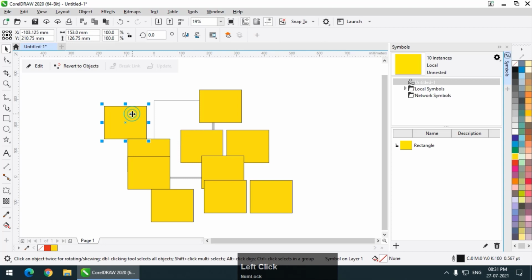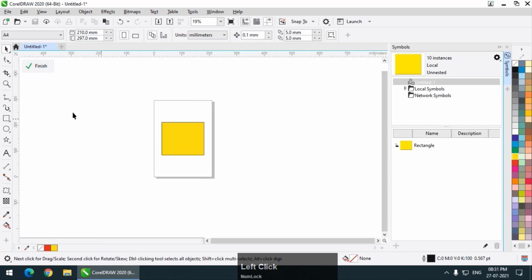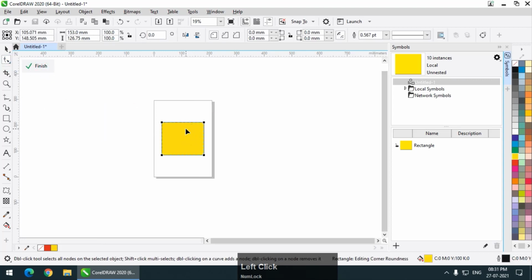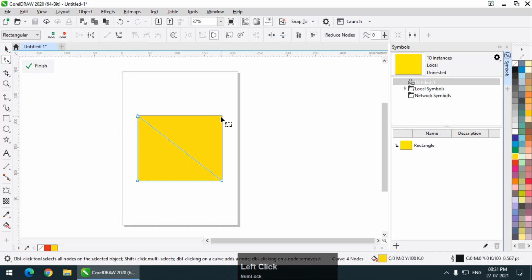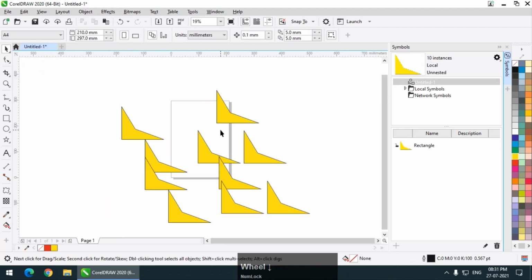And not only that, if I go to Edit again and change the shape or size of the symbol, it will be changed accordingly. Okay, it's like magic.